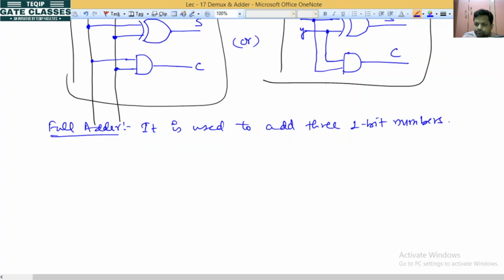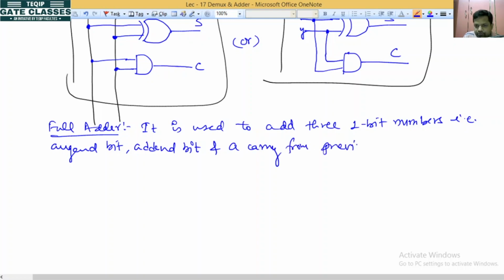Okay, na? That is addend bit, addend bit, and a carry from previous addition. ओके क्या मतलब, प्रीवियस जो एडिशन ऑपरेशंस हमने किया है उसका कैरी,